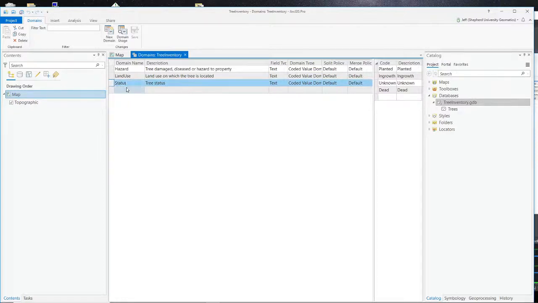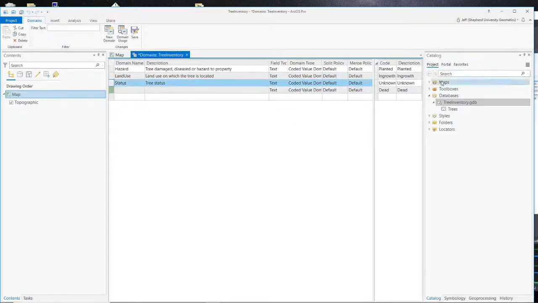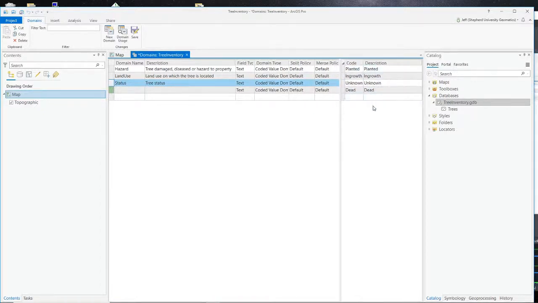So to create a new domain, you just click in this empty box, you give it a name, you give it a description, you say what kind of data this field is going to contain, text, and then when you do that, you can enter over here on this other pane the coded values that domain can have. And so for status, the possible values that a tree status can have are planted, which means that it was planted on purpose,